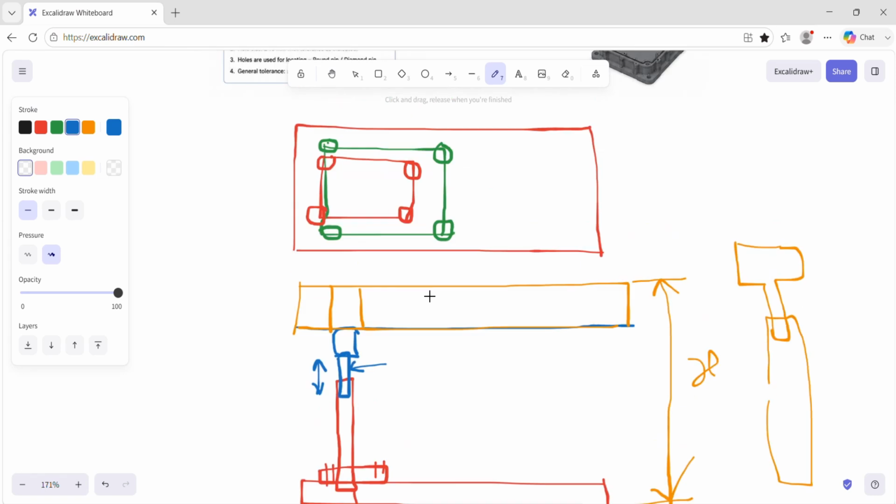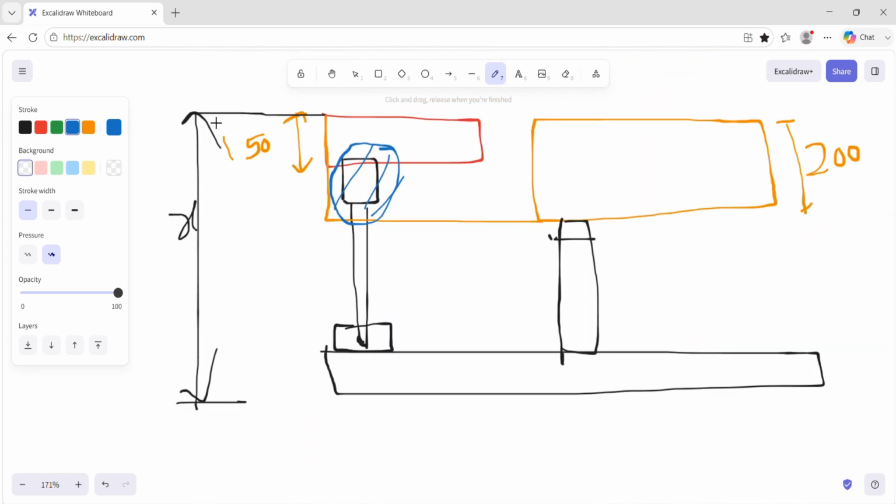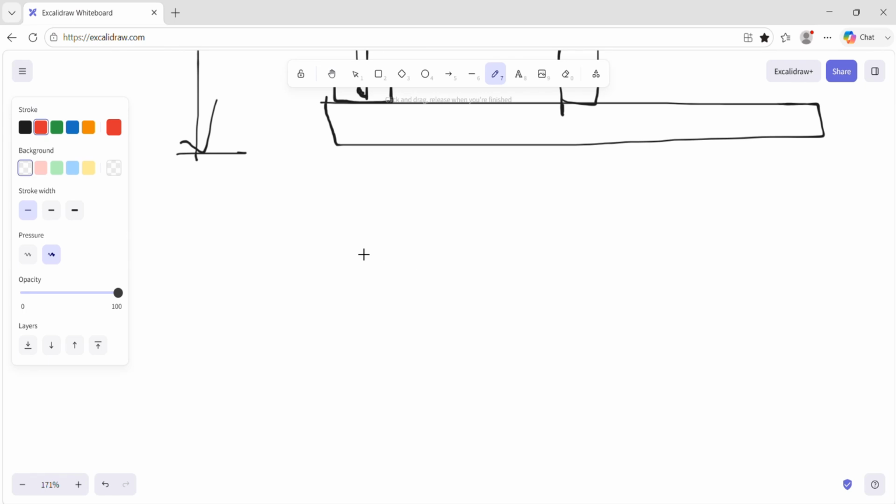So maintaining the top height the same is difficult. Now what is the second option? What we can do is maintain the bottom of the part the same.